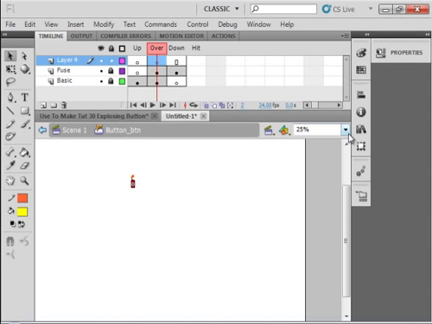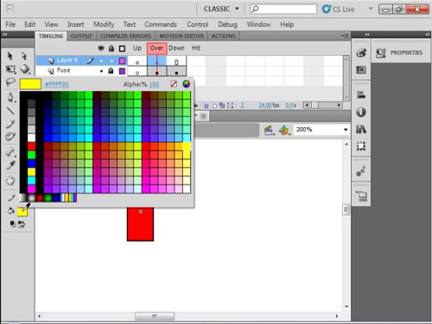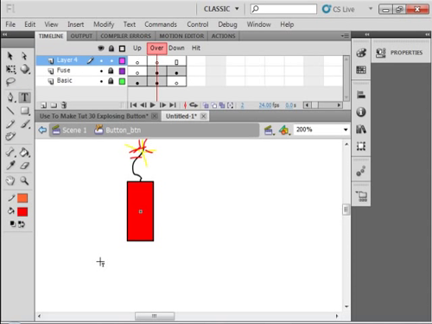I want to be able to see it. Make it 200 so I can see it if I can find it. It should be down here somewhere. And I want to just write something here. Pick up my text tool. But I want a darker text, so I want red. And I'm going to write here,